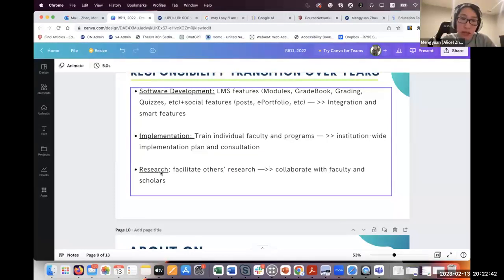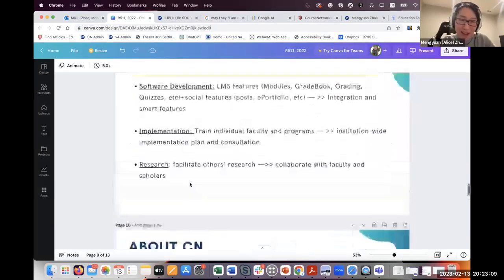On the research part, I used to provide data to faculty members who use the platform and were interested in writing a paper about CN. But these days, with me in the doctoral program and having more experience in research, I'm collaborating with faculty members and scholars at the Cyber Lab. So we published a couple of papers last year in our lab about Rumi and smart learning agents. Quite interesting and exciting there.